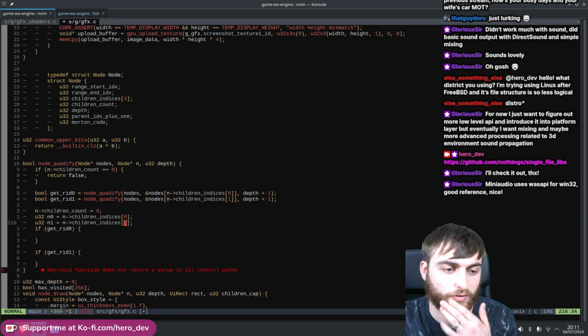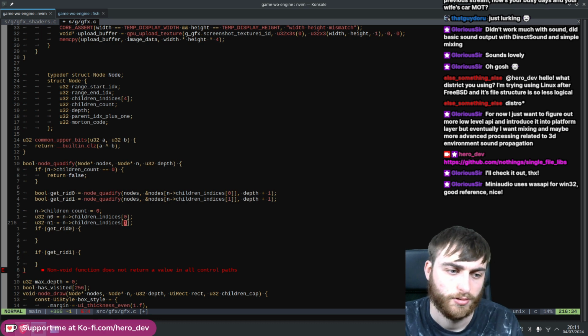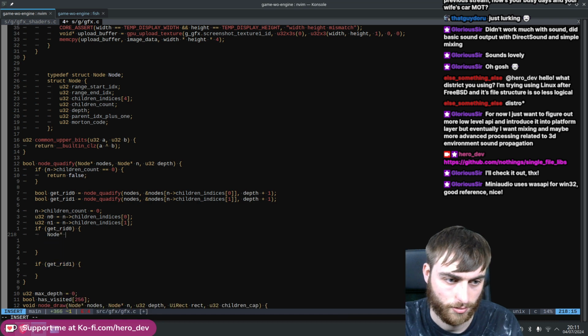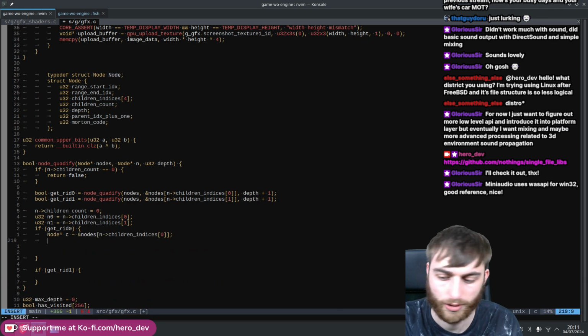All right. So if you get rid of 0, then what you're saying is we're going to get this pointer, node C for child. Then we're going to say, right,